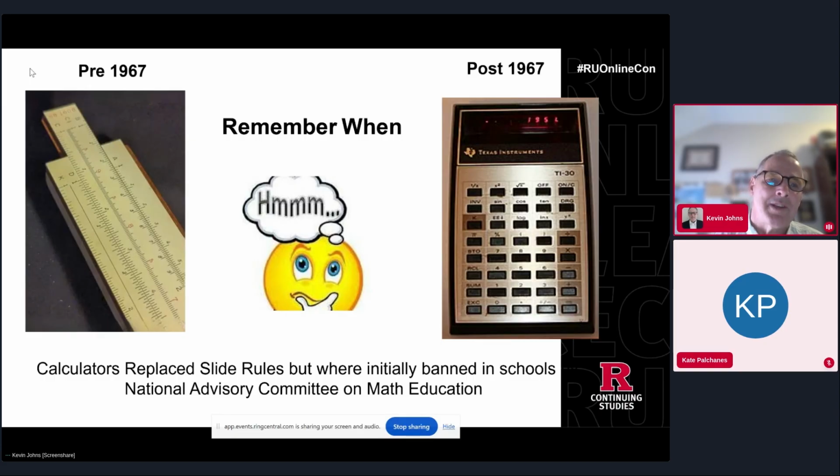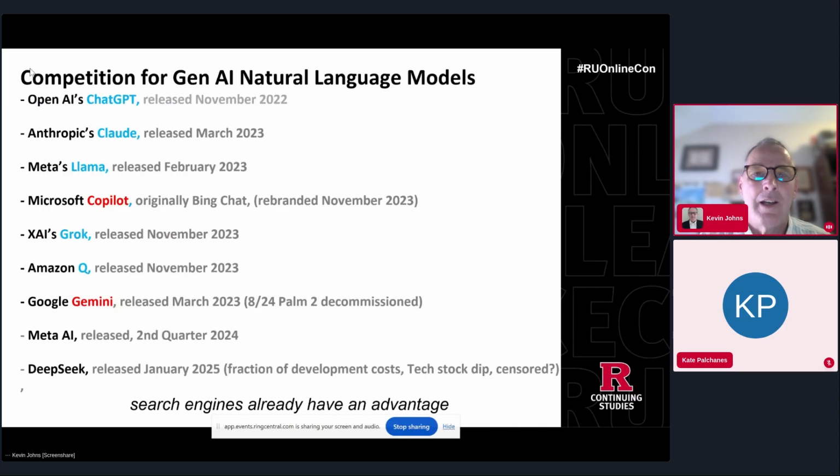So what happened is that teachers at that time had to adapt. And that's really the message in terms of the environment that we're in today. We are going to have to adapt with these Gen AI applications because it's the same historical perspective as it was with these calculators. They came into the school systems, they were banned. What did teachers do? They started modifying the exams. So it wasn't just like 2 + 2 = 4 anymore. It was more complicated math that had to be done, and you had to use the calculator in order to take those exams. So here to stay, same scenario in terms of what we're going through today with the Gen AI applications. And here's a list.